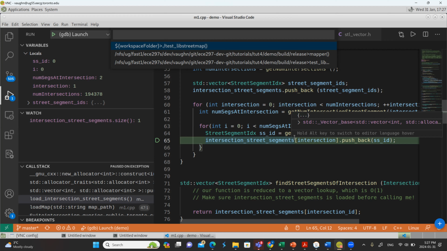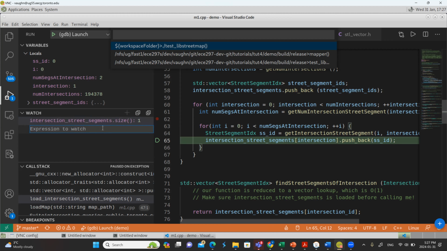So I actually know what's going on now, or I have a pretty good idea. I'm accessing intersection 1, but the size of this vector, intersection street segments, is actually only 1. There's only entry 0. I could look at other things if I want. So let's look at intersection street segments of 0.